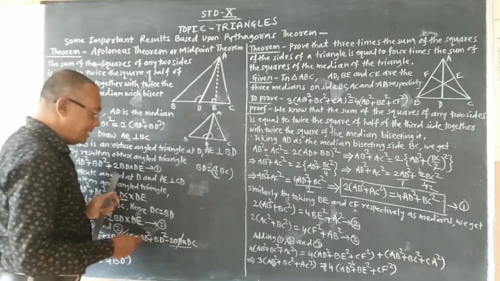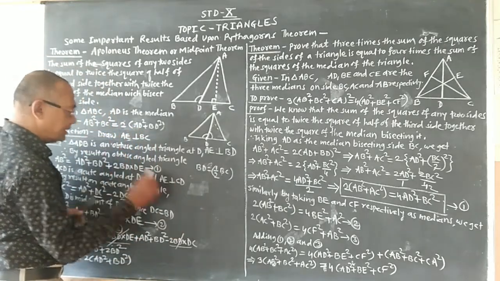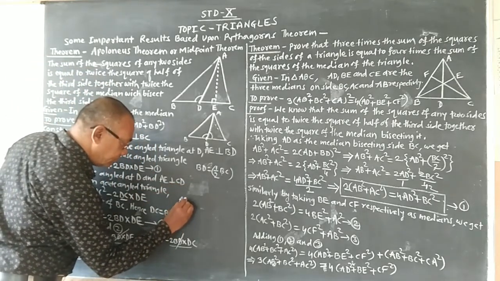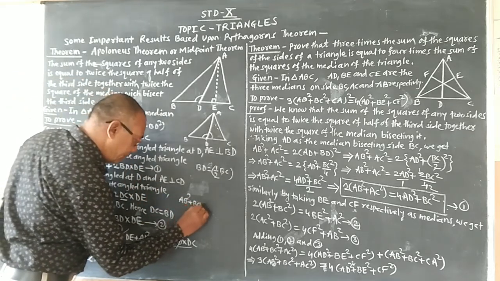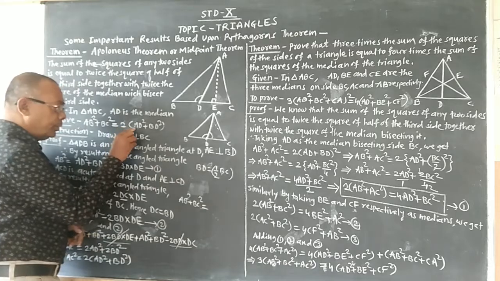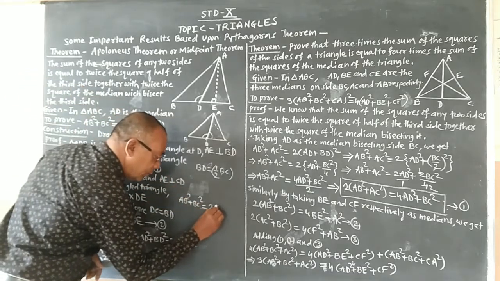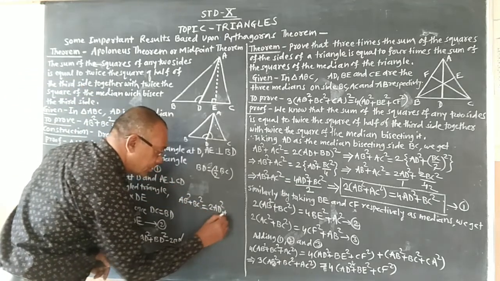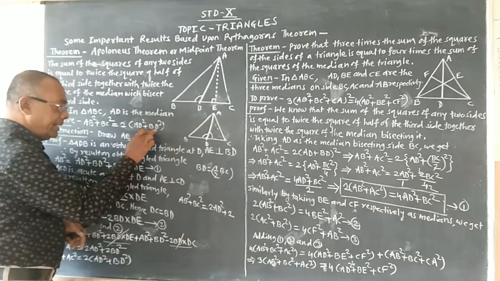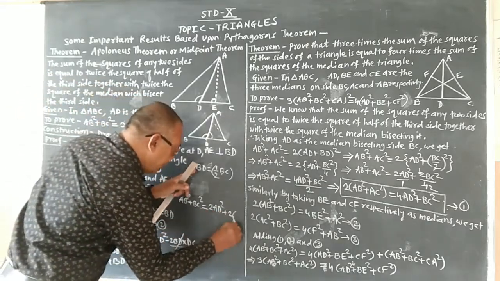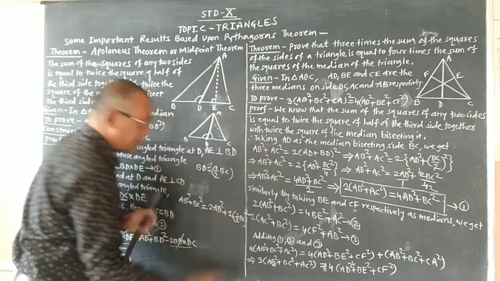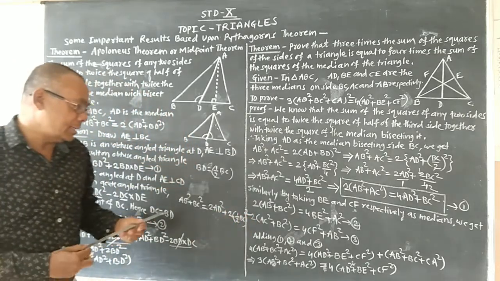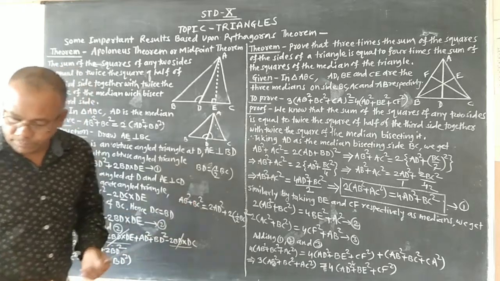So we can write here that AB square plus BC square is equal to 2 into AD square plus 2 into BD square, but BD is 1 half BC bracket square. So in this way we can write. Now